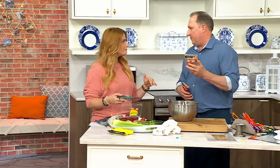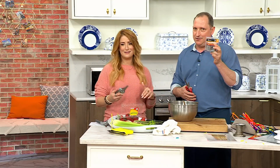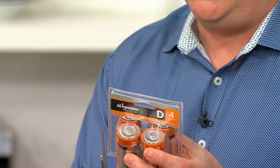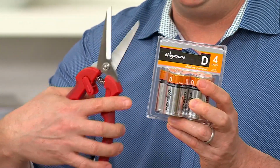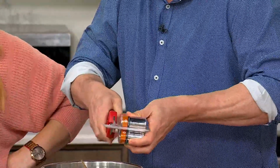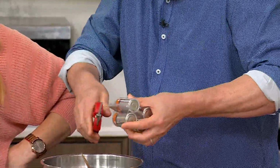Every day. Same. And I mean, again, David Venable calls this the devil's packaging. I know he does. You know, these guys right here. Clamshell packaging. It is impossible. It's such a pain in the hand. Who invented that? So again, all you're going to do here is go like this. And whether you're doing plastic or any of those hard to cut open packages, you're going to use this